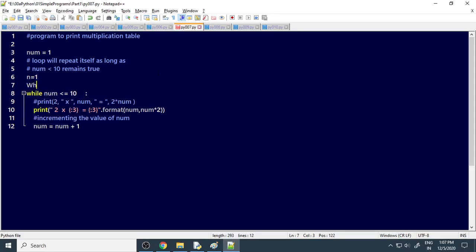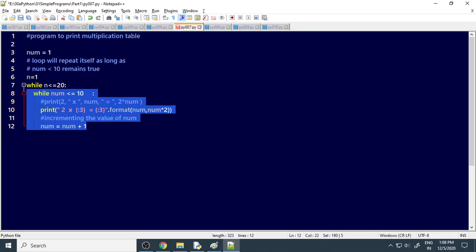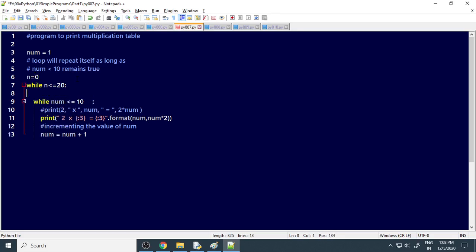Then you can say while n less than or equal to 20, up to 20 we want to print. So these things come to the right side, right? Then you want to increment the n. Okay, let's say n is equal to 0. Then you can say n is equal to n plus 1. Fine, it will do the job.